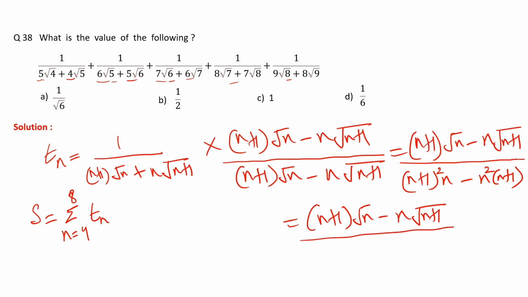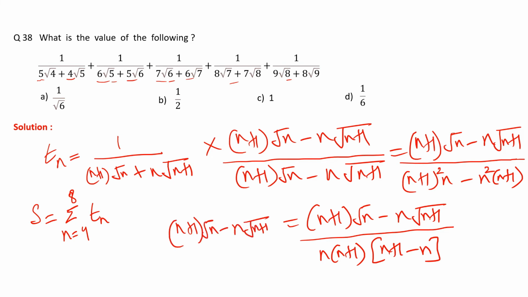And in the denominator, what you can do, you can take out n into n plus 1 common. So in the bracket, you will be getting n plus 1 minus n, right? Now this becomes n plus 1 into root n minus n into under root of n plus 1 divided upon n into n plus 1 only. Fine. Now students, if you separate the terms in the numerator,